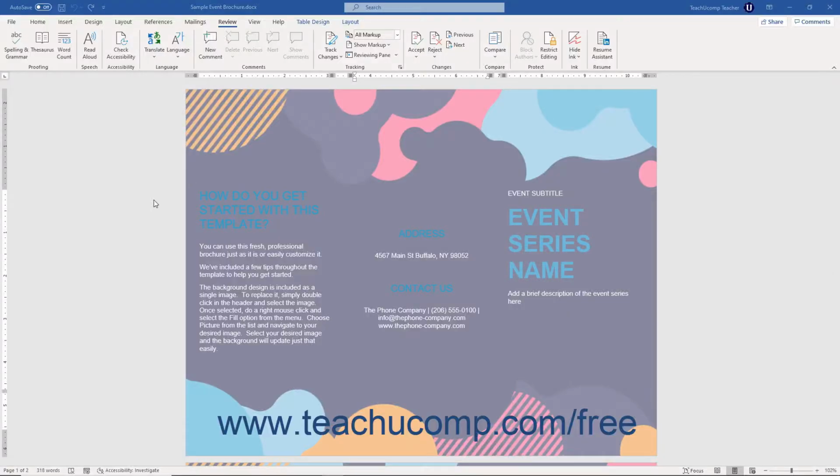www.teachucomp.com/free. Applying password protection to a document in Word prevents users from editing or opening the file unless the user provides the corresponding password to perform the related task. To add password protection to prevent users from opening a document in Word without the password, click the File tab